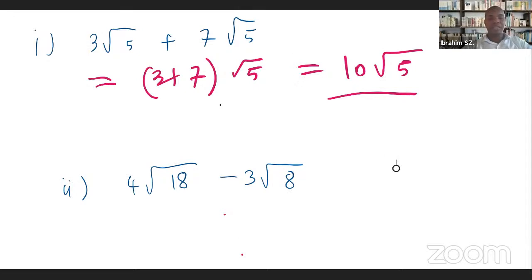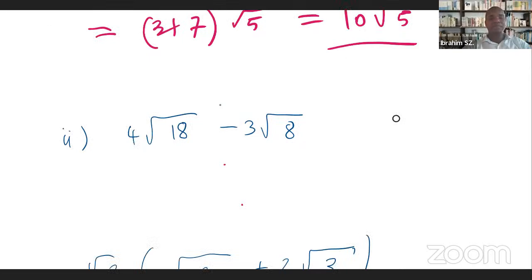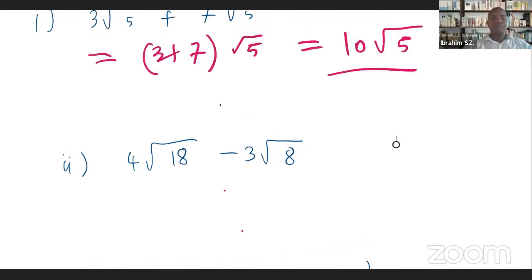So here the second example. So we have 4 root 18. So what I'm going to do here, I'm going to go straight forward. We know that we are using prime factorization. So this is for square root of 9 times 2